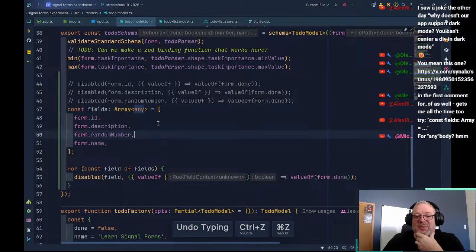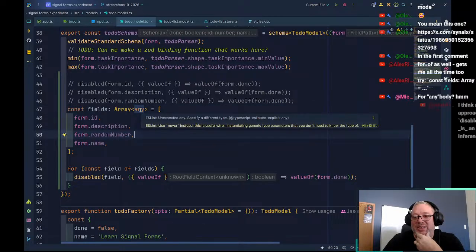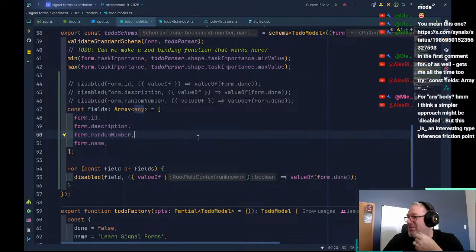This any, our linting tools are going to get mad at us. There's just a lot of things. Right. It is an interesting friction point, and this is what I wanted to call out, is these friction points